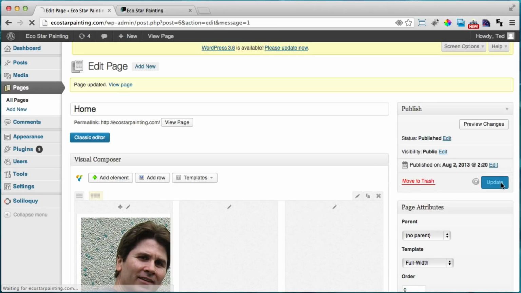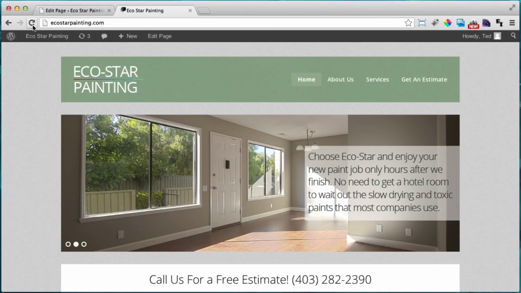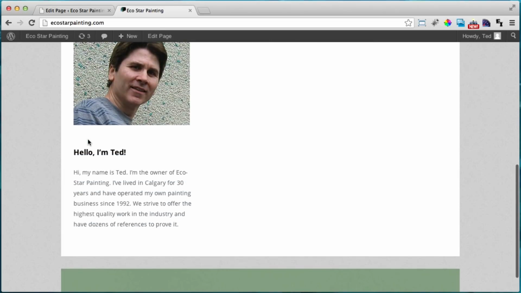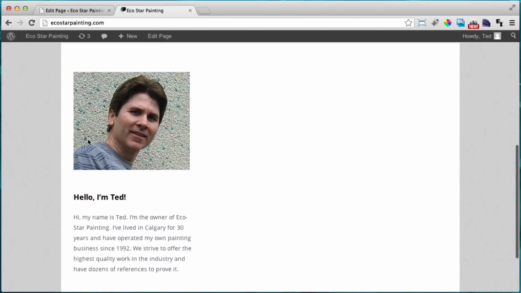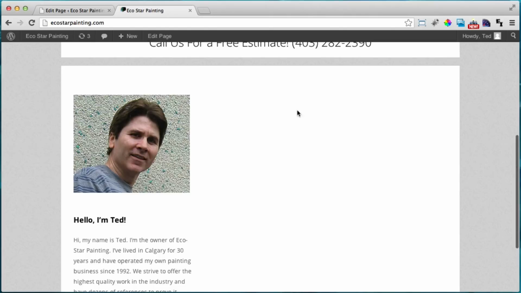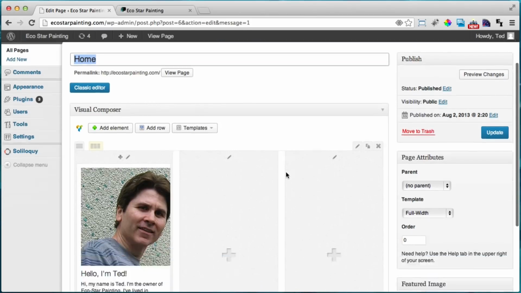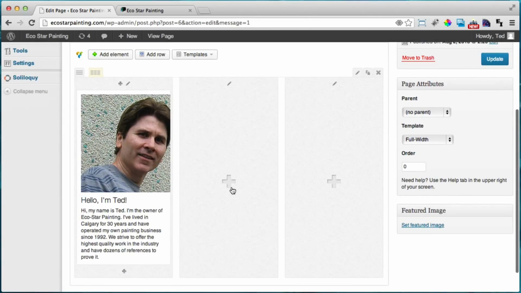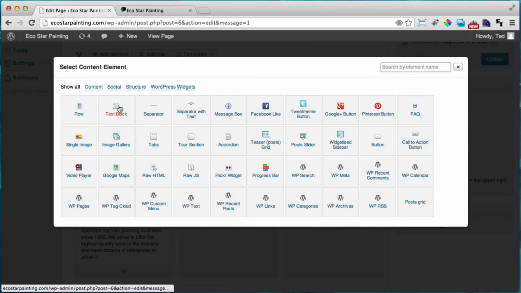And let's see if that works. So I'm going to click update, and let's refresh this page, and that looks pretty good. So let's do that 2 more times for the 2 columns right here and right here. So the next one is going to be another text block. So just click the plus, click text block,